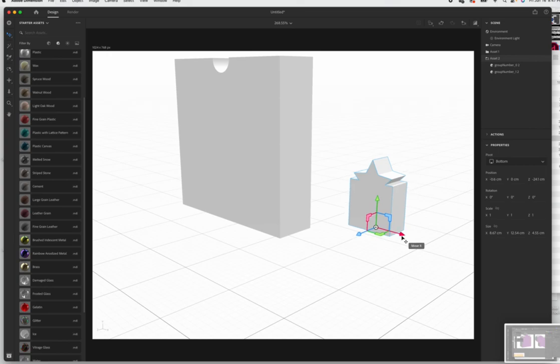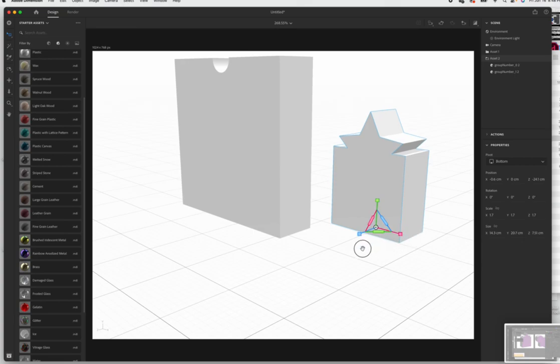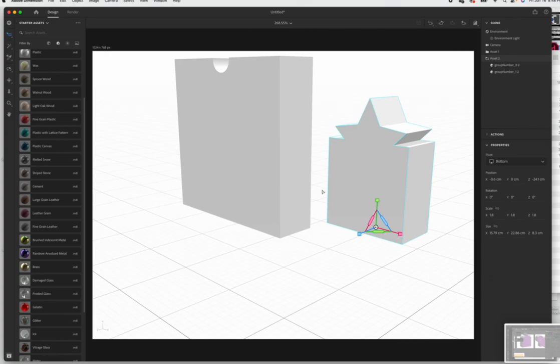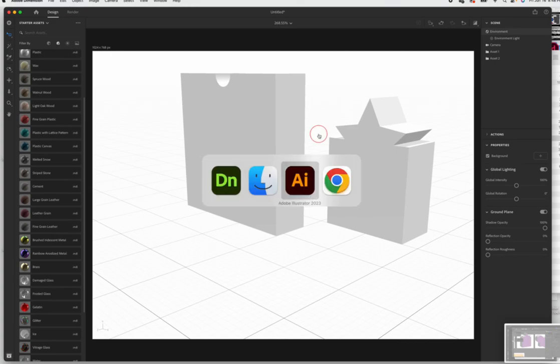Let's see, scale, S for scale. I'm trying to remember all these key commands. I'm trying to use them more. That's the only way to do it. Throw yourself into the fire and use them and don't look back. All right, so now we're going to get some of this branding ready. I'll show you how to do that back in